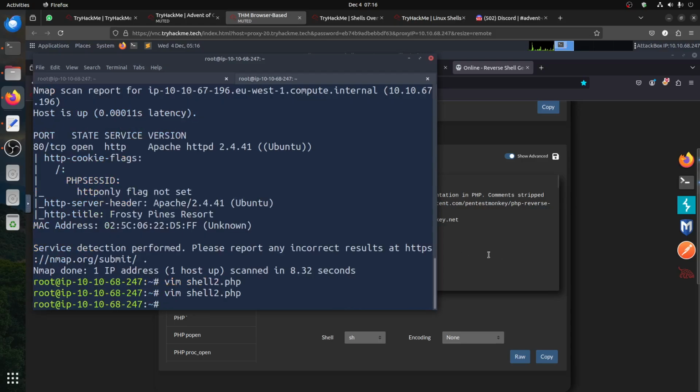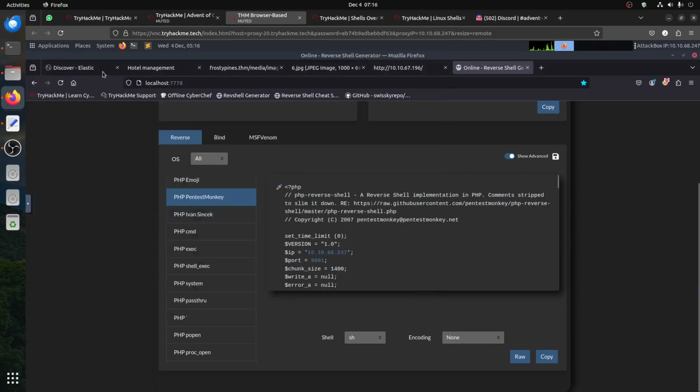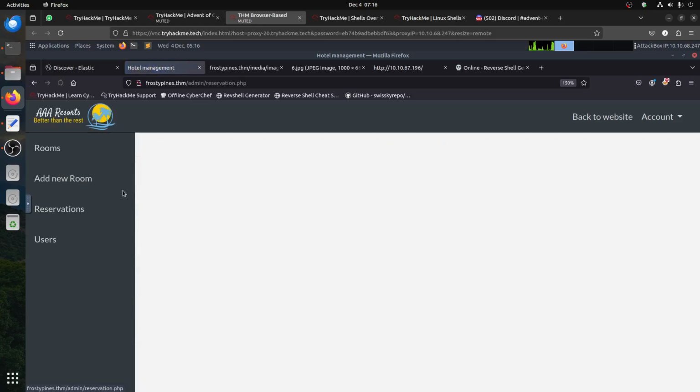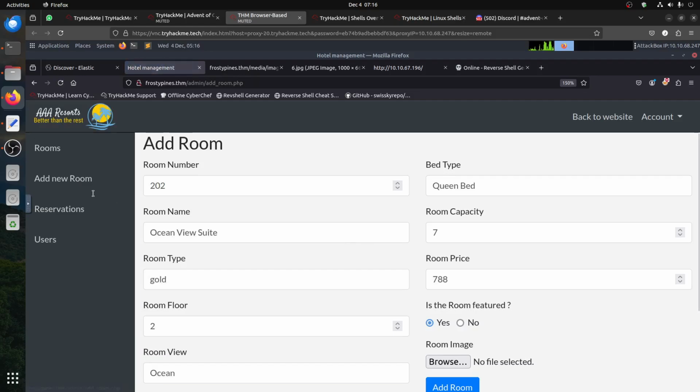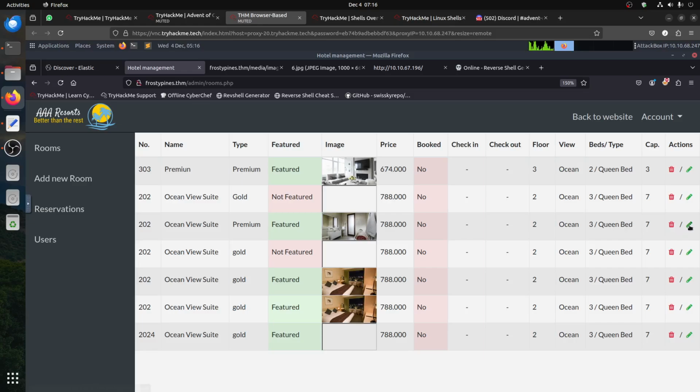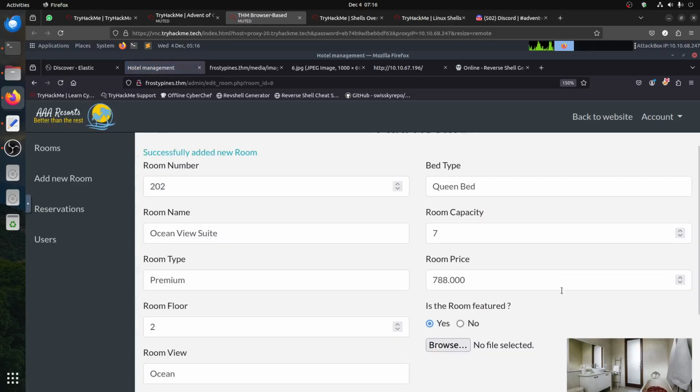Now let's go and upload to the room. What happens if I go now to add a new room? Why don't we just update? No, where are the rooms? We did add the room. We can also play with the edit. Let's edit this room and change the image of this room,